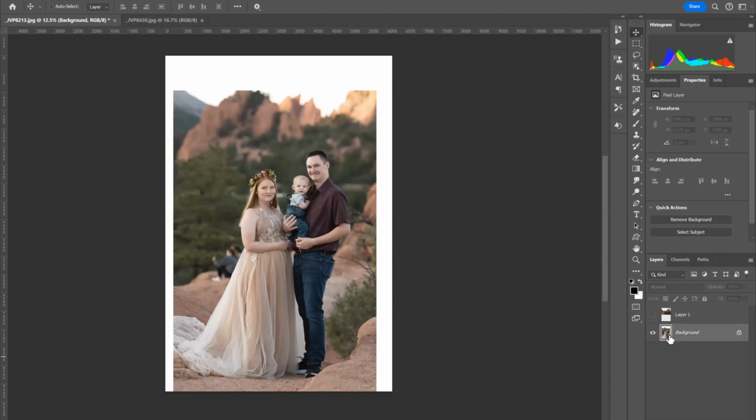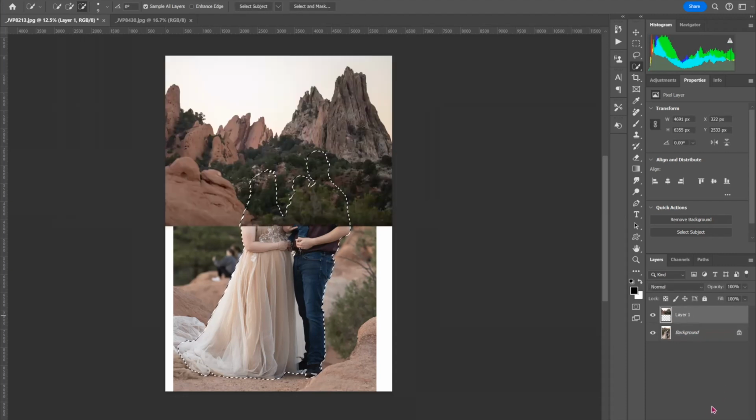And then I'm actually going to come down here and, none of this is set up the right way because I don't edit on this laptop. To quick select, and I'm going to select my subject. Photoshop has gotten way better at this over the years. So much better. And it pretty accurately selected it. For this, we don't need it to be very, very accurate. If he had sky behind him, we would need to be very, very accurate on the cutout. Because we have these trees back here and we're just going to blend more trees into it, it doesn't have to be very accurate. So I'm going to come back up here and turn our mountain layer back on,